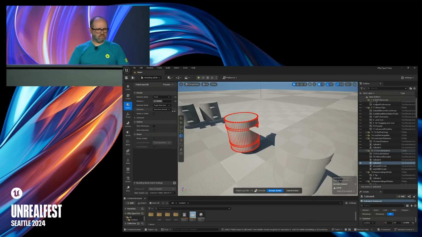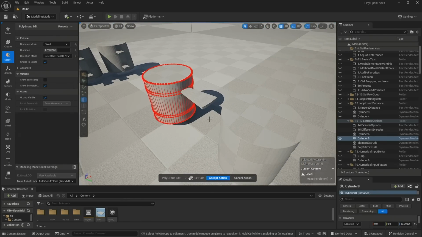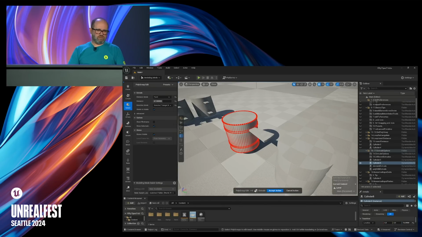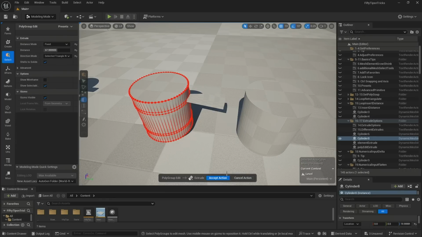Extrude, fixed distance. This is a workflow that I use all the time, which is changing the direction mode. Right now it's basically a single direction, but you can say normal, single, selected triangle normals, selected triangles normal, even. This is helpful, for instance, if you have a corner, a shape, and you want all the faces to extrude along the normals of those faces. You have the option to do that in here. Another area where it's super helpful is to switch to the other extrude option